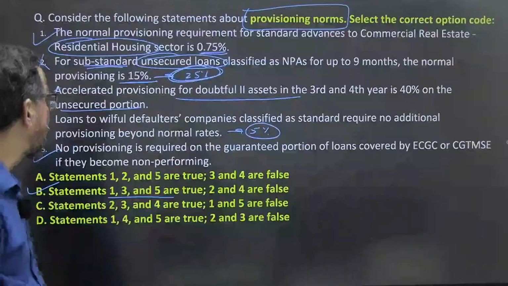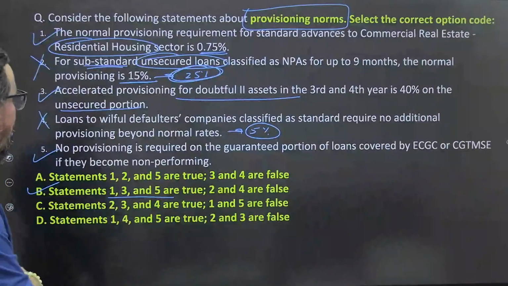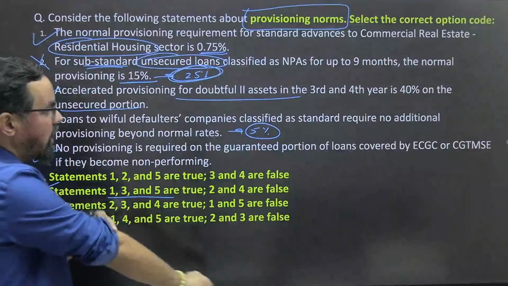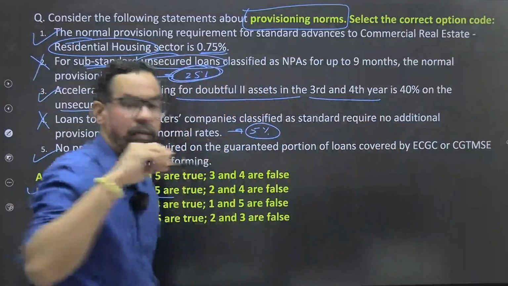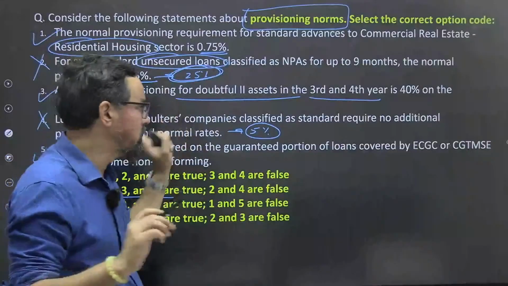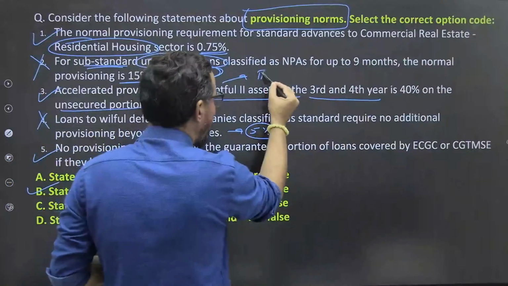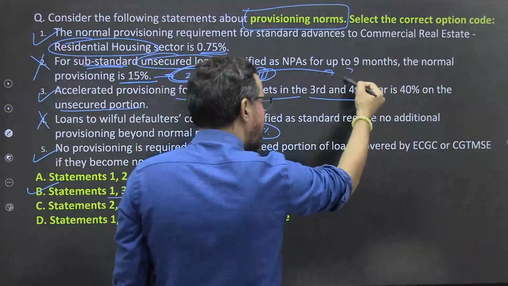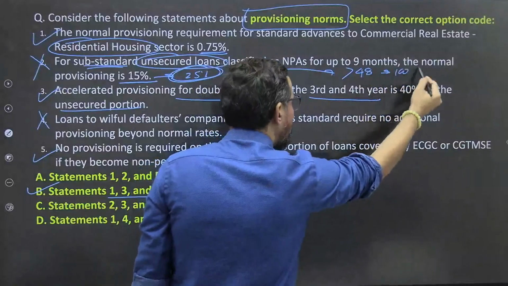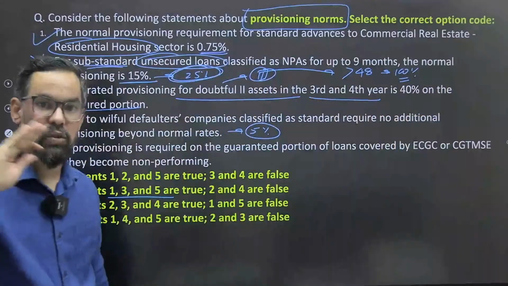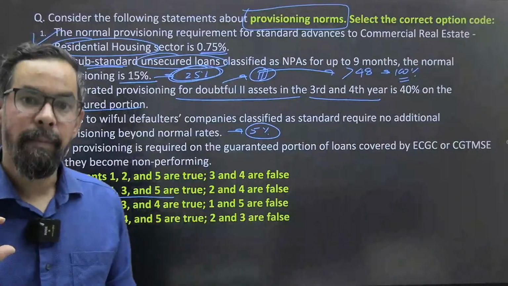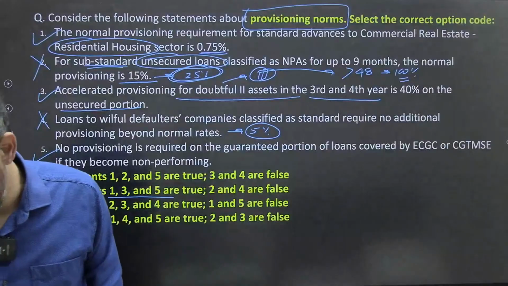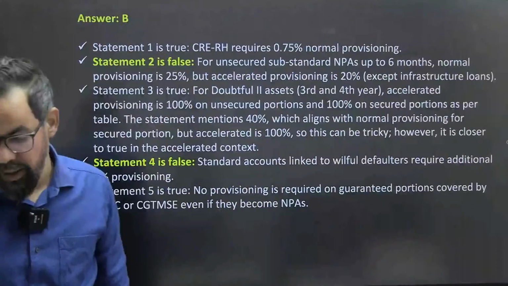Munna sir, which case are you talking about? Accelerated provisioning for doubtful 2, it is like see it is third and fourth year. If it would be doubtful 3, accelerated, and beyond this period, more than 48 months, then we'll go for 100%. Doubtful 3, one is 25%, then 2 is 40 and third one is this. This is the right answer for this one, I guess. What I can interpret from this one, correct.